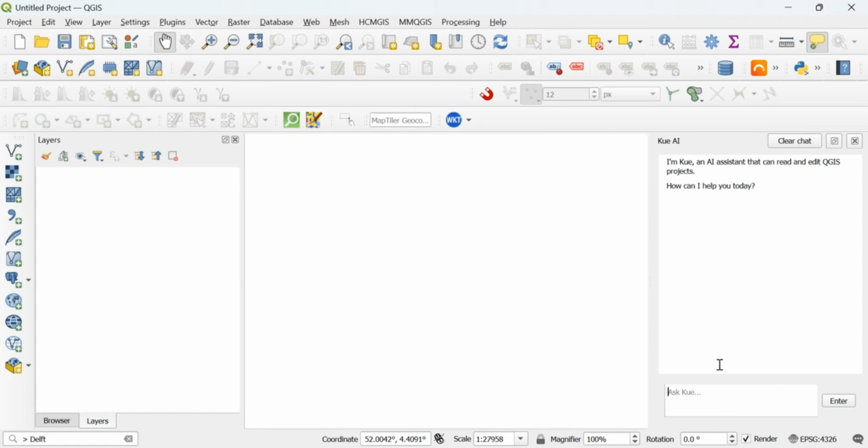So what I'm going to do is to just ask it: can you load all building footprints in the municipality of Delft? So that is what I want to try first, and let's see. It is taking some moment to load.